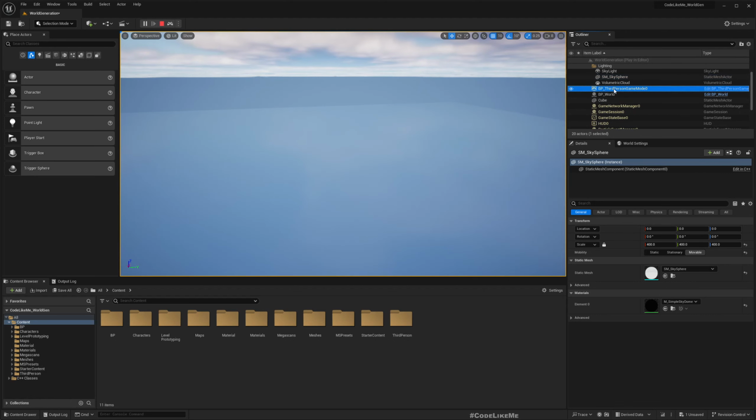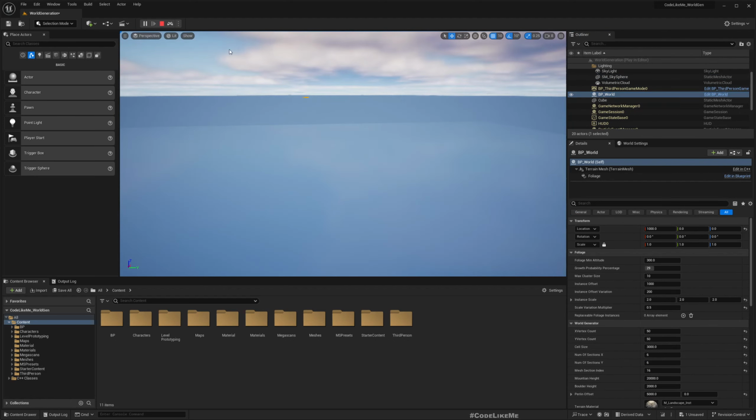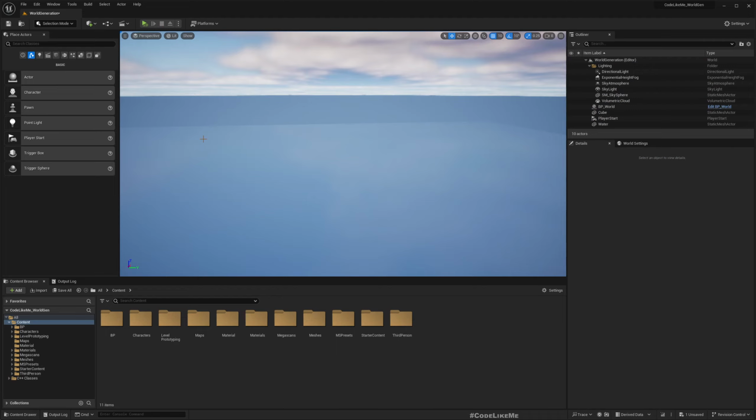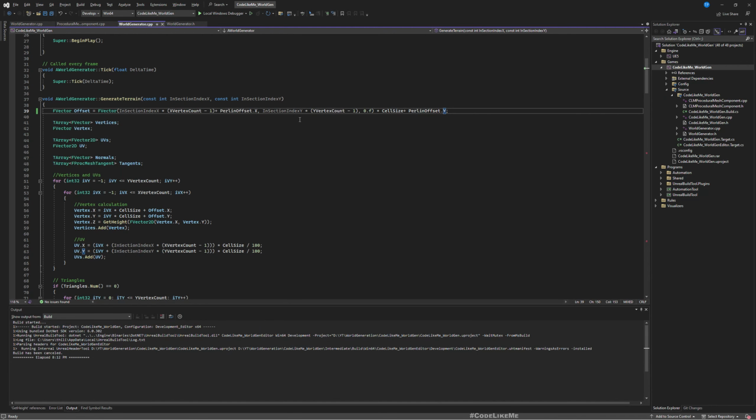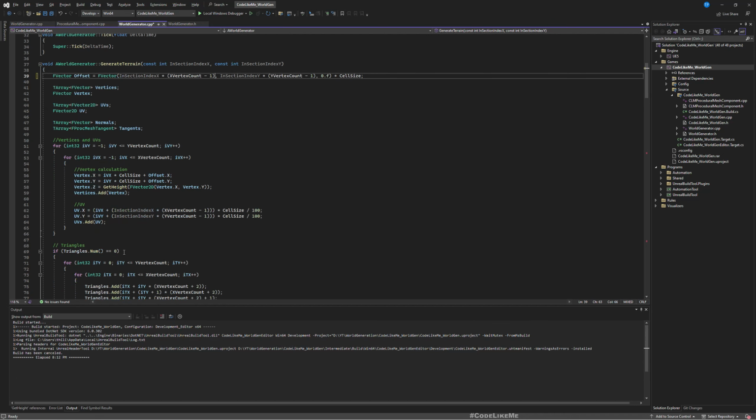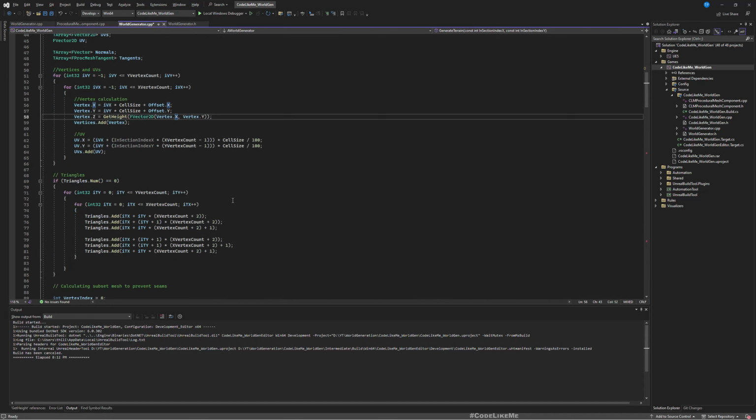Oh, I made a mistake. See, it's still written over there. Alright, so this is not where I should have added this, because if I add it here, it changes this vertex X and Y position. So I should add it here, or